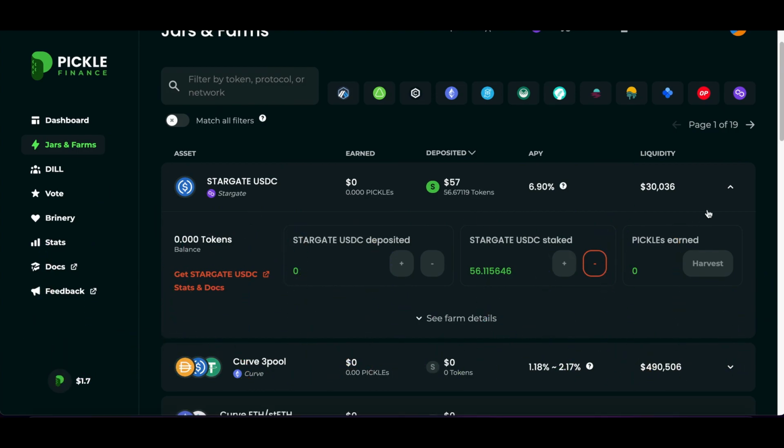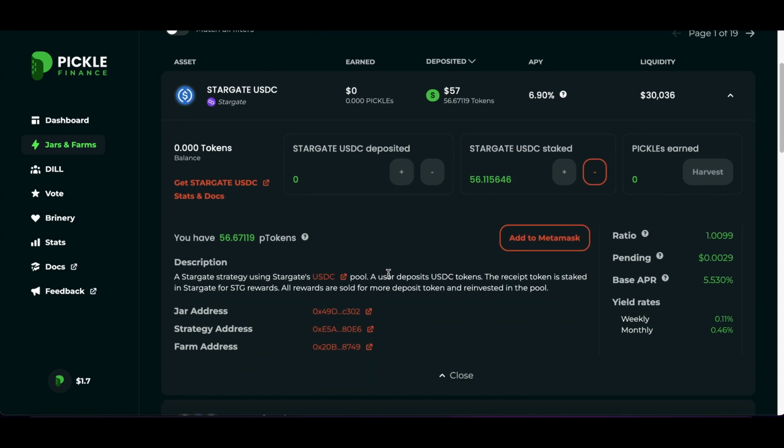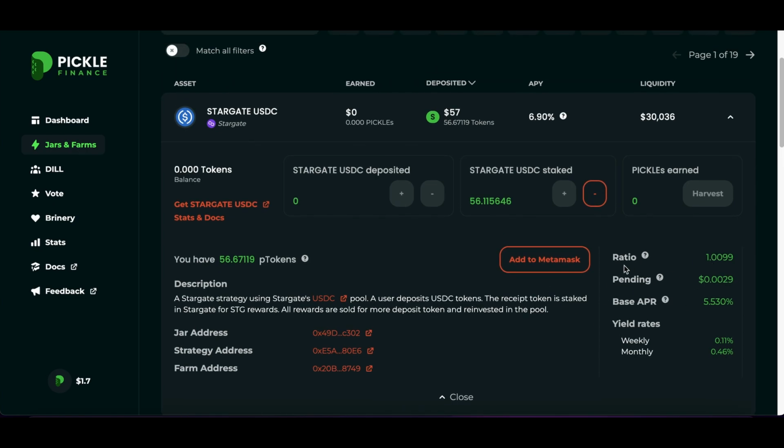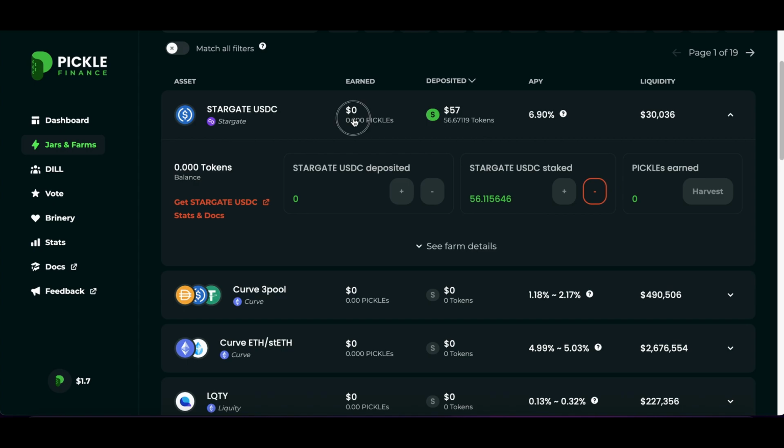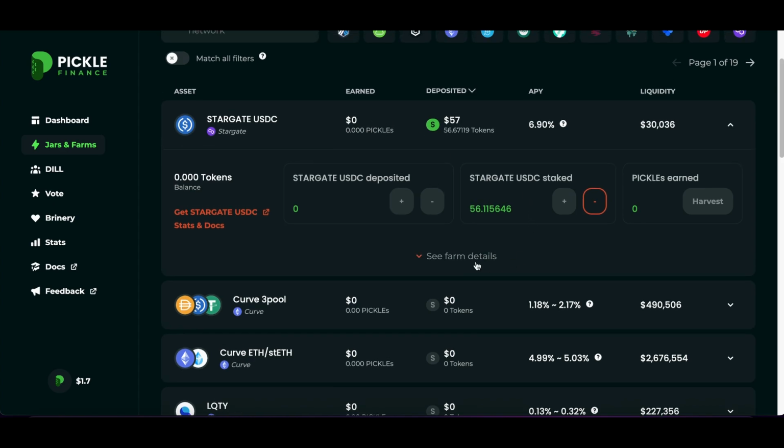I am now staked in the Stargate USDC farm on Polygon. You'll notice that all my tokens are gone here, but you can see the representation here. And so you can also see the little green S. That means that I am staked. You can also see more farm details, so you can see how much is pending. So I have earned 0.0029 of a dollar at this point in time. But that number obviously only ever goes up. And so I will as well, over time, start seeing this pickles counter tick up as well,